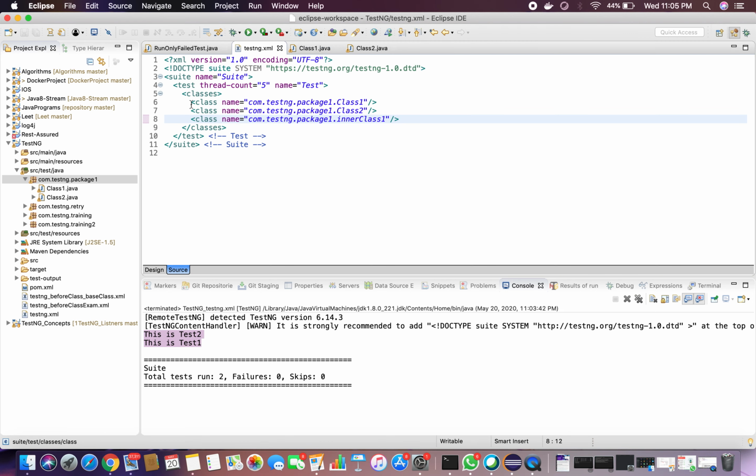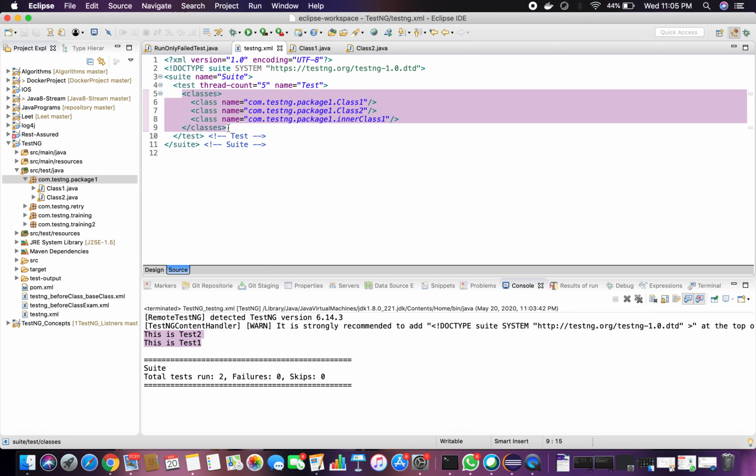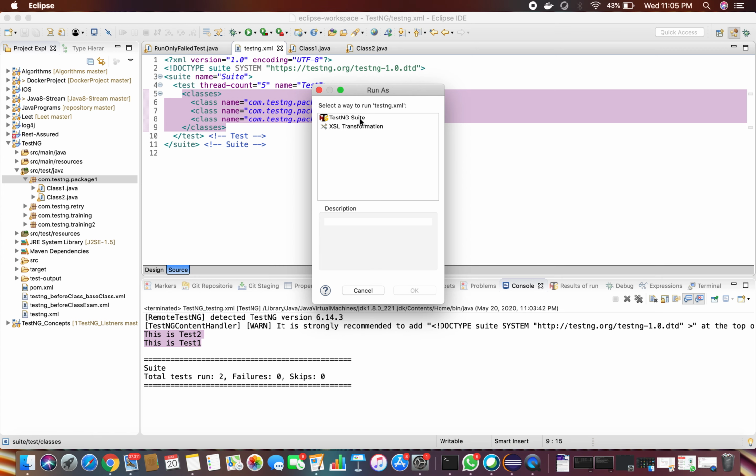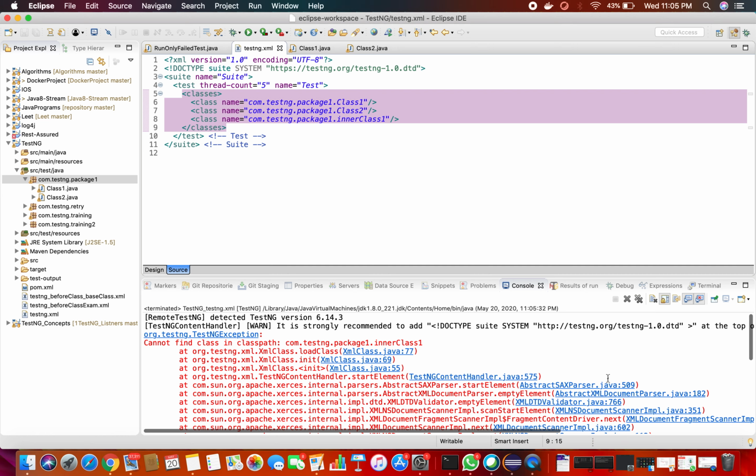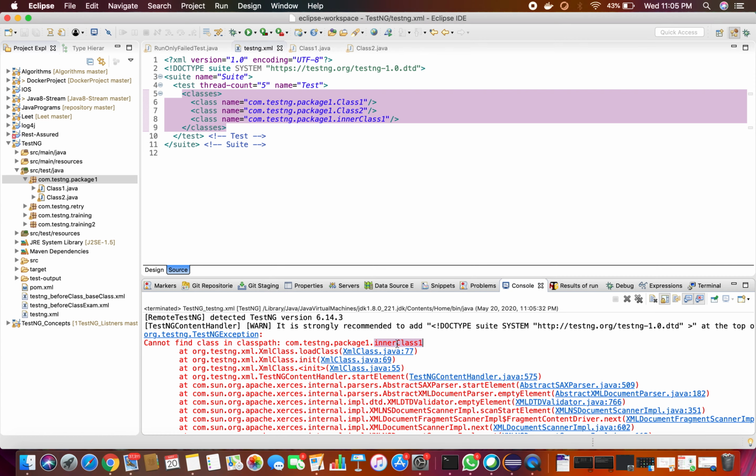Using the classes I am going to trigger now. Our expectation is there are 3 tests and all of them should run. Let's see the output. See, there is an error message displayed because it cannot find the class in the class path for this inner class 1. Using this classes tag you cannot run because it's not able to identify the inner class in the class path, and so definitely you cannot execute using the classes.